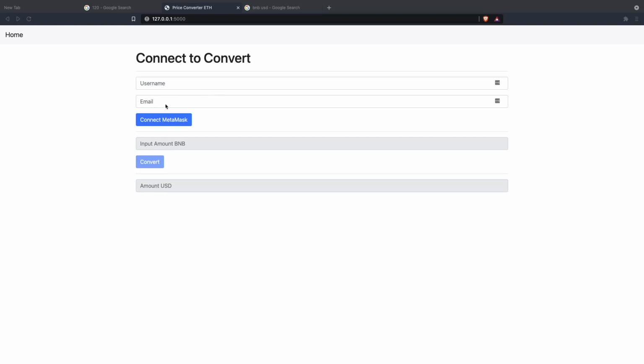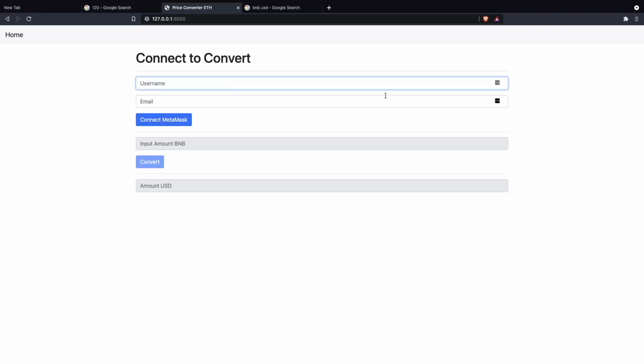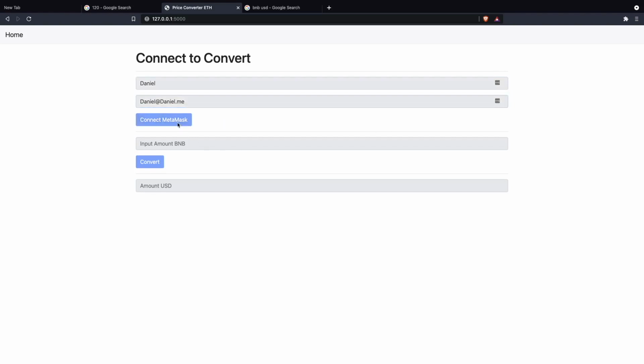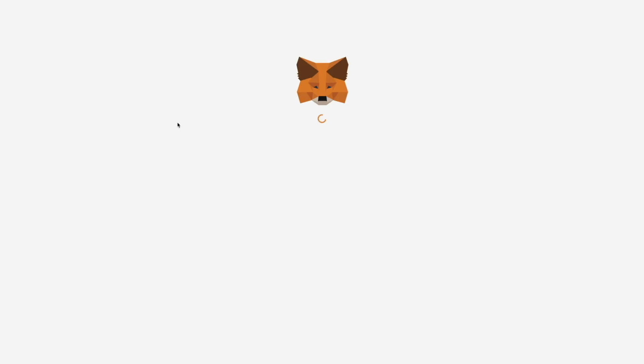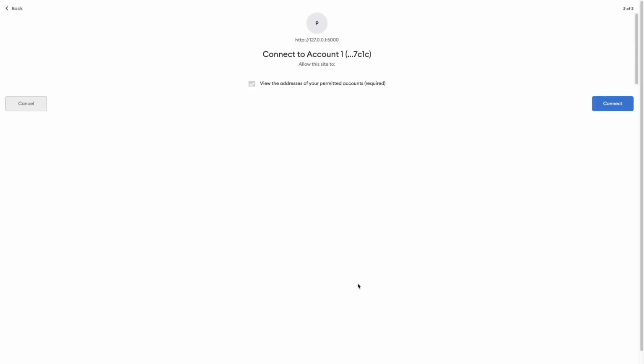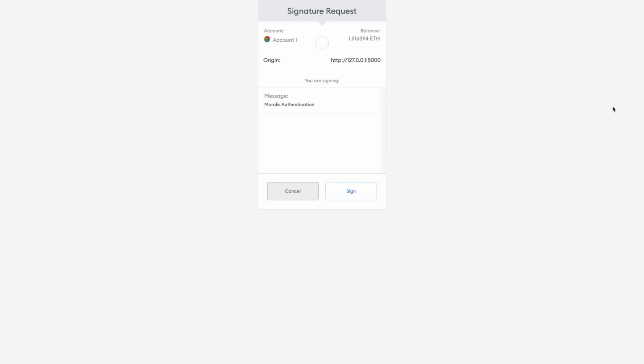We have a username and an email, and that's because when you are interacting with the blockchain, usually you want to have the user authenticate so you get an Ethereum address that you can interact with. So let's connect to Metamask with Moralis. We are going to do Daniel and Daniel at Daniel.me, and let's connect. Metamask and Moralis doing their thing,